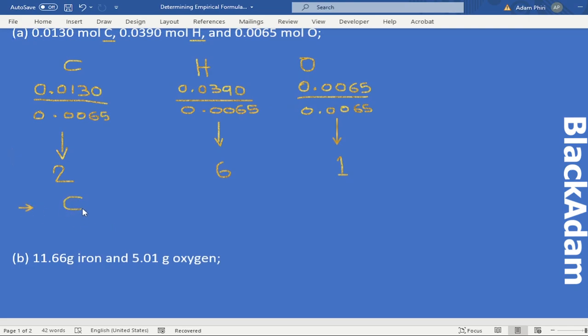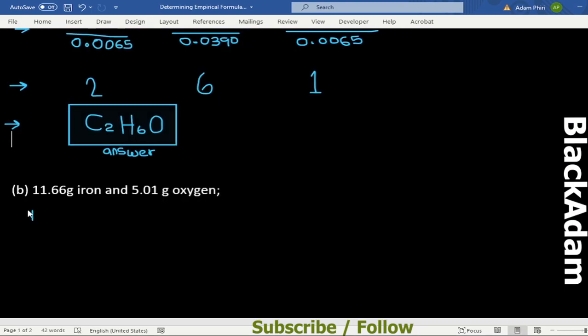So carbon, we need 2 of them. Hydrogen, we need 6 of them. Oxygen, 1, so we don't include the number 1. And then next we have